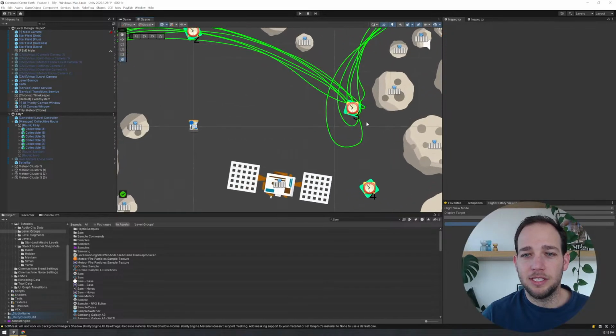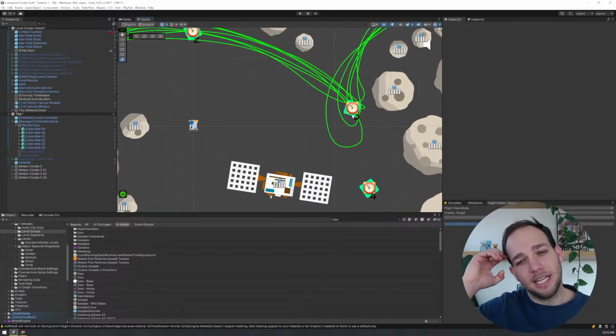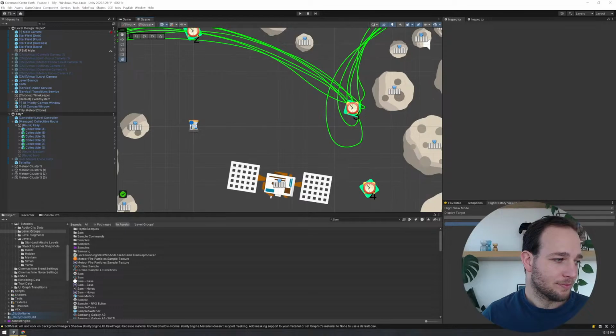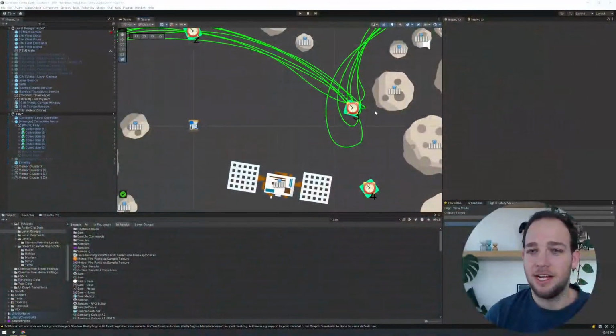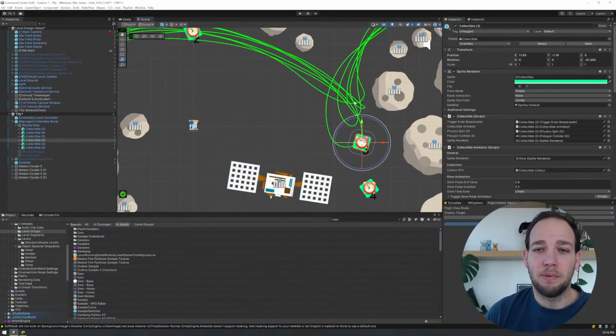One thing that jumps through my mind when I'm doing these paths is also how close they are to a meteor, and keeping that in mind with the difficulty that I'm going for. In this case, all of the paths sort of bunch up here, right?